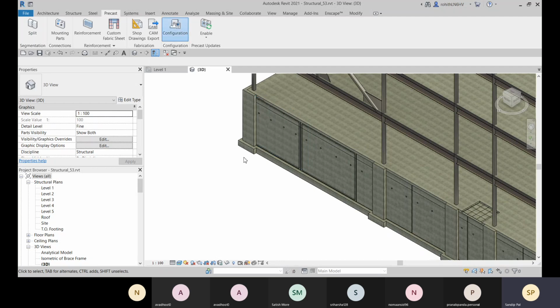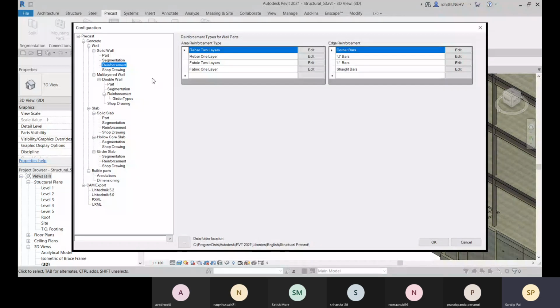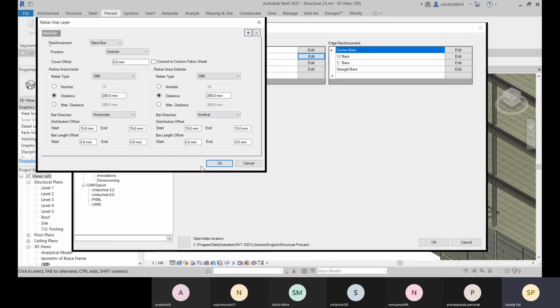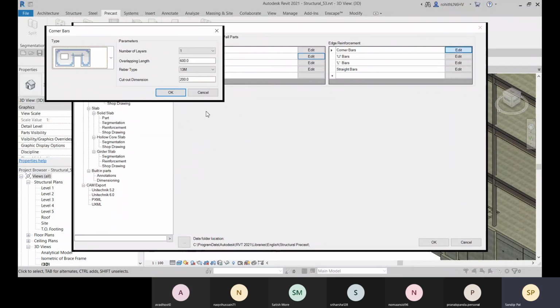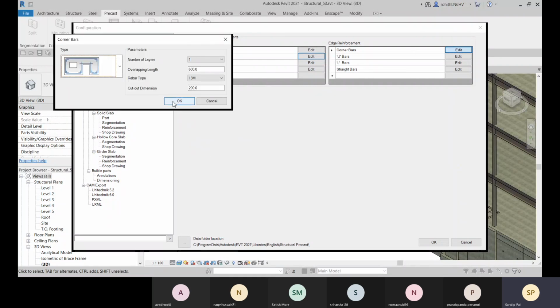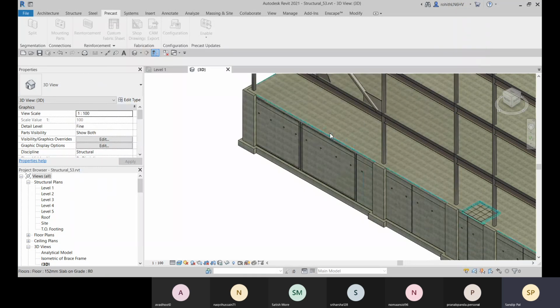Now if I go for configuration, and the reinforcement and this rebar two layer and one layer, I had edited in the one layer. You can click on OK, and there you can see that everything is the same. And for the corner bars you can go for edit, and there you can see that this is the default one. So if you change it, and while applying the reinforcement, if you go for those particular configuration, it will not show you the user defined. You are using the configuration listed option, right? So this is the difference.